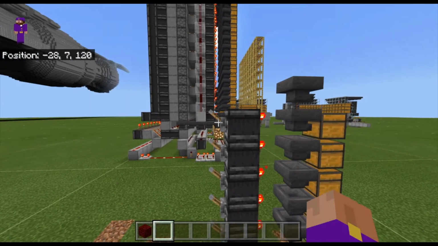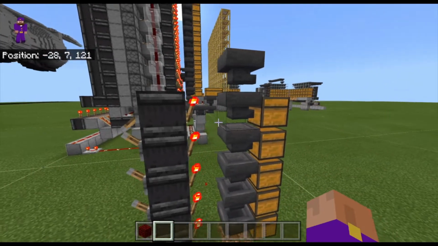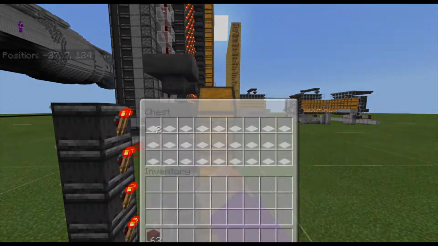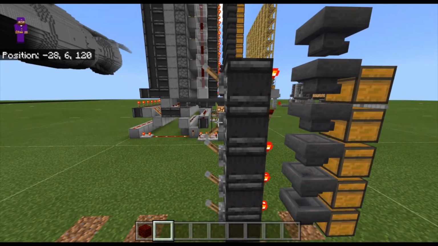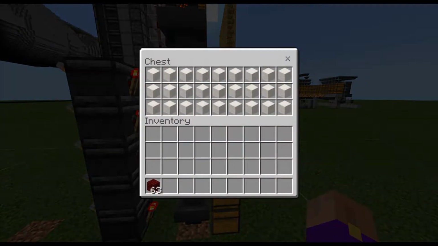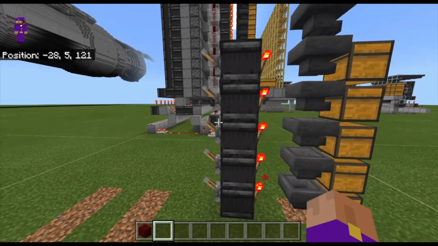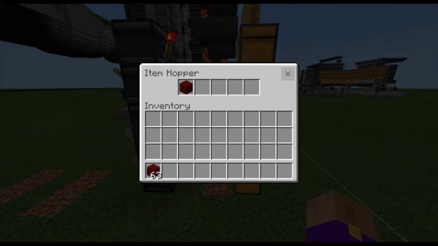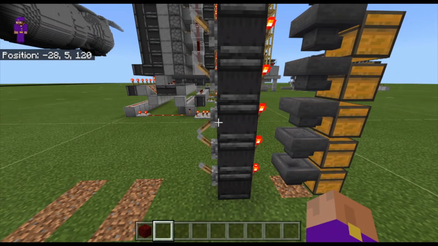we can start the process by doing a pull. That will do one pull of one item, and then it will not actually do the push because we didn't have enough ticks. If we go again, it will push the item once, but there's no place for that to go. So we go down to the next one. Pull, push, and it doesn't have a place to go, so it stays in this hopper. We go down to the next one, and this is where things get interesting. We pull, it pulls the item in, and then we haven't pushed it yet, but we do have a space for it. So if we toggle it again,